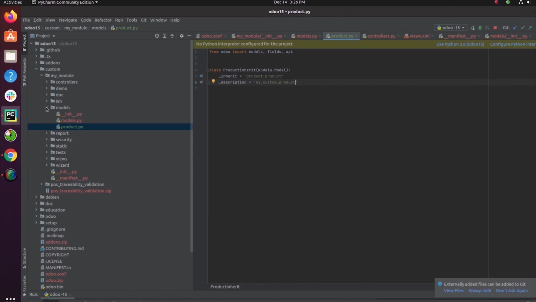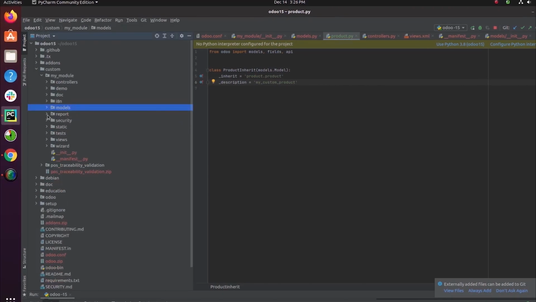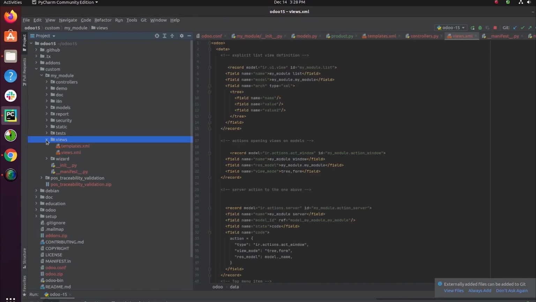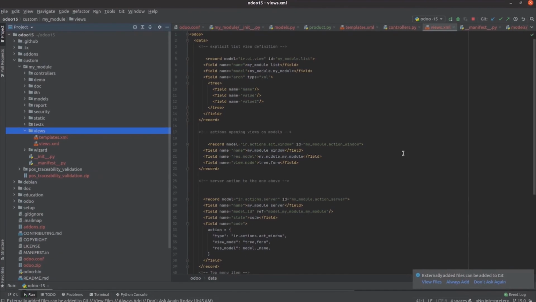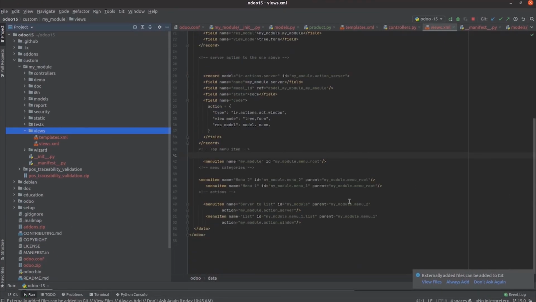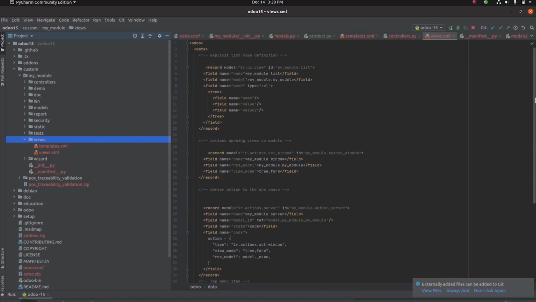And then moving to the next one, that is the views, which help with the UI display. That UI display is built by the views.xml file. And here in the views file we can add a custom menu, or extend the default menu in Odoo, and then we can add a tree view, form view, calendar view, or likewise any view that we need to show in our UI.